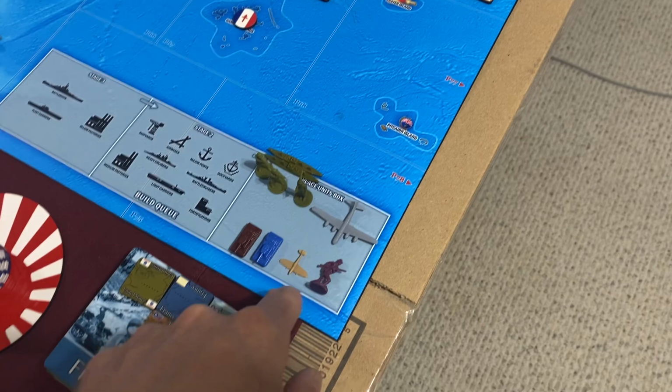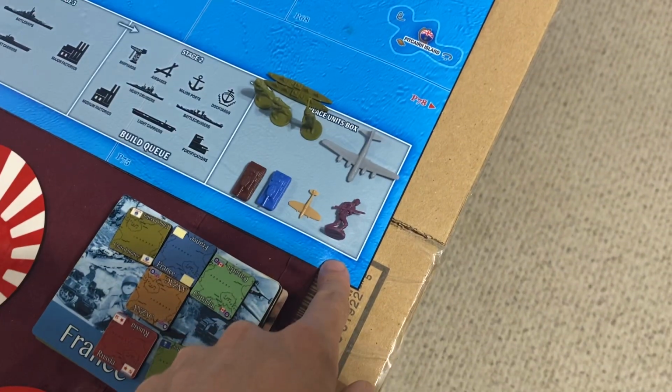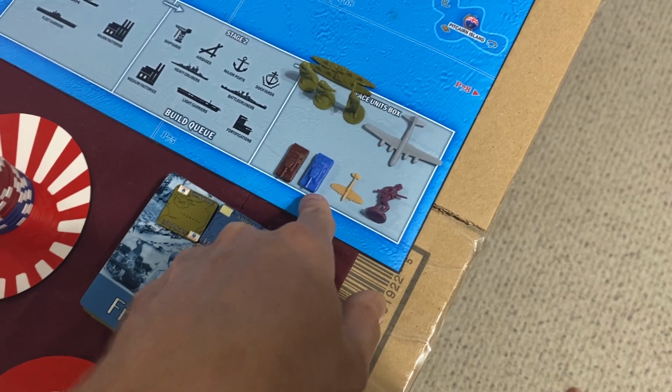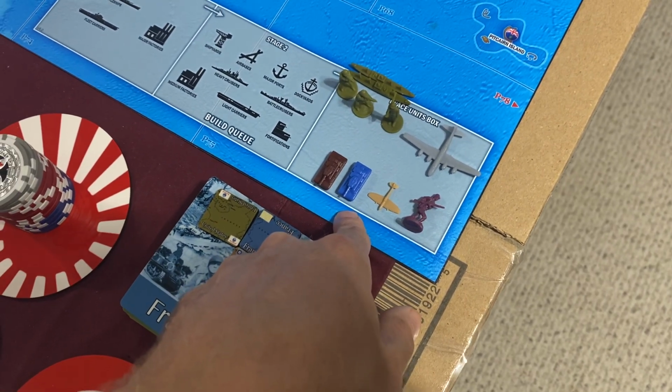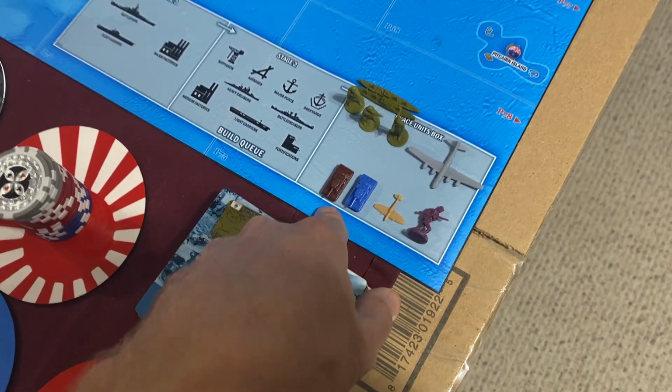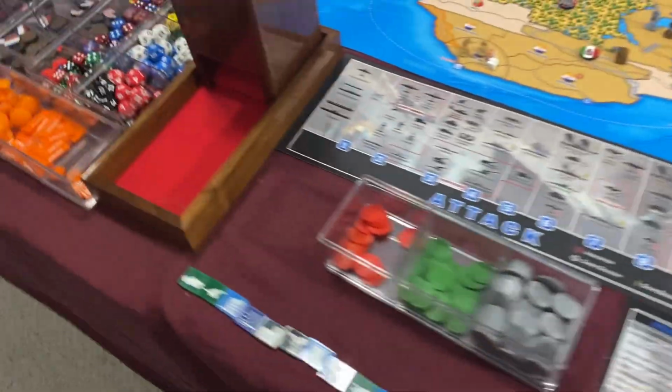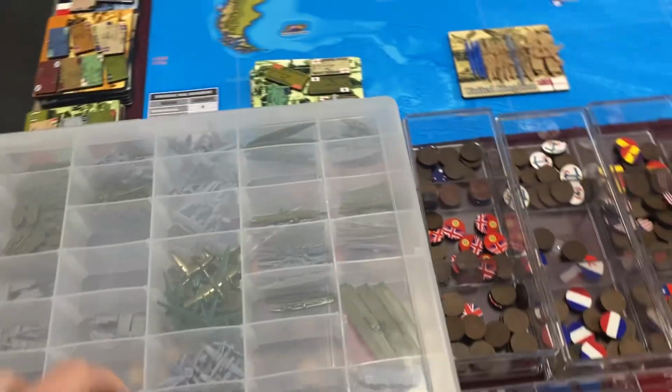And then for Lend-Lease, we're going to do a militia upgrade for the Republican Spain. Lend-Lease a fighter to the British. Lend-Lease a medium armor to the Free French. And Lend-Lease a medium armor to the Soviets. And then the remaining $12 that we have, we are going to buy...